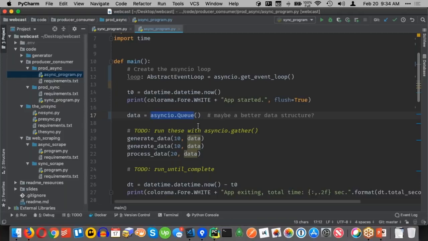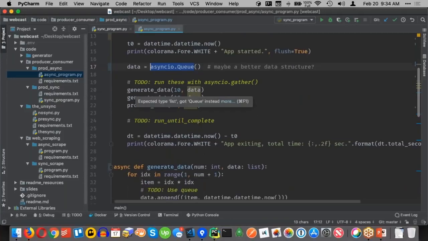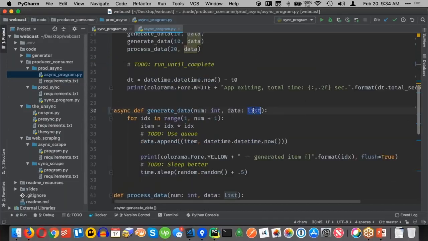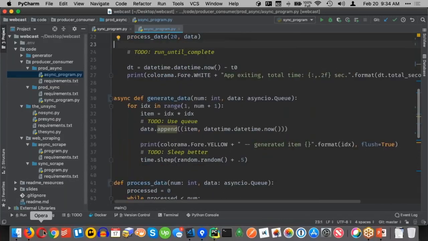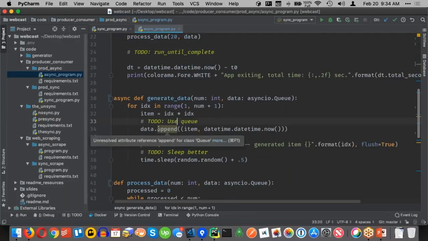and then, boom, I'm awake. Now PyCharm is saying, oh look, you said you give us a list here, and now we're not getting a list. So let's fix that real quick. Say those are not lists, those are queues. Yeah, that's good. Now notice this does not take an append like it did before.